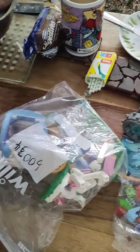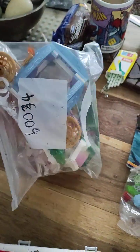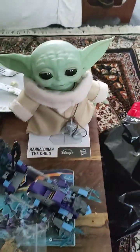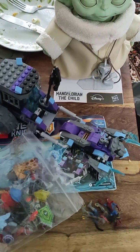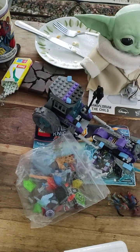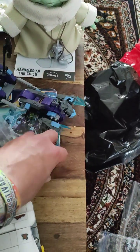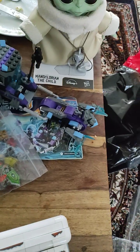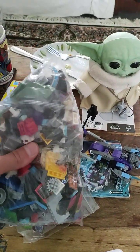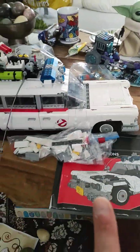quiet, baby. He had this like Disney princess thing. I forget which princess she is. The one in the blue dress with a horse and cart. This thing does not stop talking. And he had another Nexus Knight thing with loads of little figures. He wanted 4 quid each on those, and considering there was 4 figures in there, I thought it was probably worth it. He then gave me these 2 little mini toy things for nothing, and he threw in this big bag in the end. So this all cost me 68 quid for this,